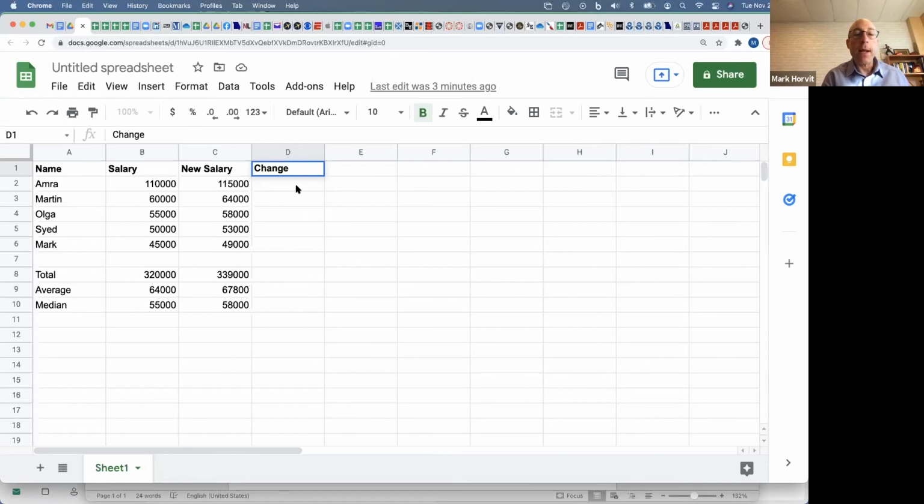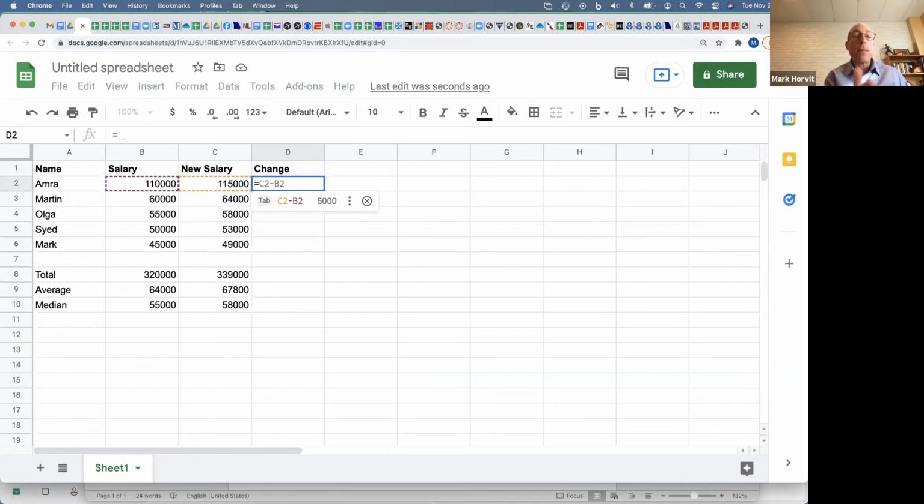In this case, everybody got a raise, but some people might have gotten a salary cut. So I don't want to call it raise or increase because until I do the math, I don't really know which one it is. So let's just call it change. And then for this one, again, we're going to type an equal sign, because we're going to do some sort of math or formula. But I don't need a formula for this,